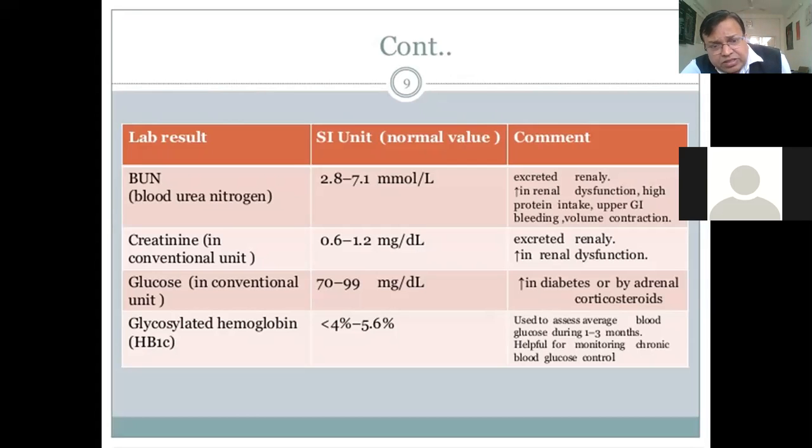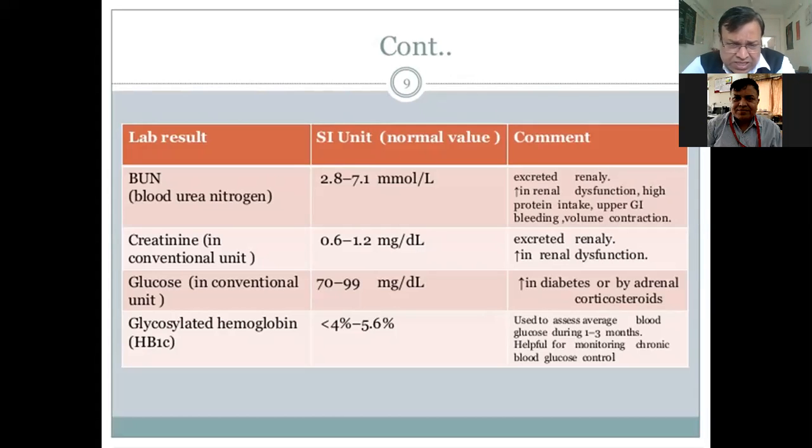Now, similarly, the blood glucose level. The normal value differs from book to book. Here it is mentioned as 70 mg to 99 mg, but it varies from 70 to 115 also, which is okay. When glucose concentration is increased in the body, that is called hyperglycemia, and